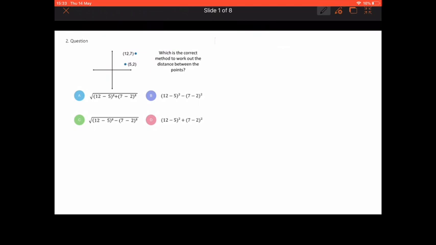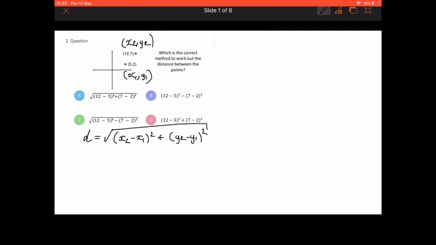To find the distance between coordinates, we have to use a distance formula. D equals the square root of x2 minus x1 all squared plus y2 minus y1 all squared. Now, if we name this coordinate 5, 2 as x1, y1 and 12, 7 as x2, y2 and plug it